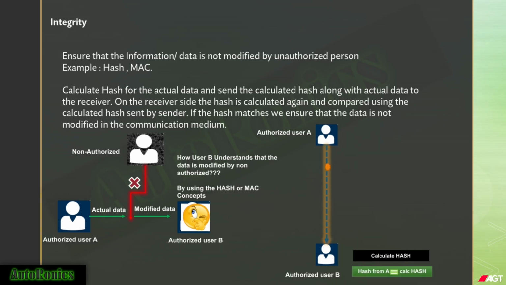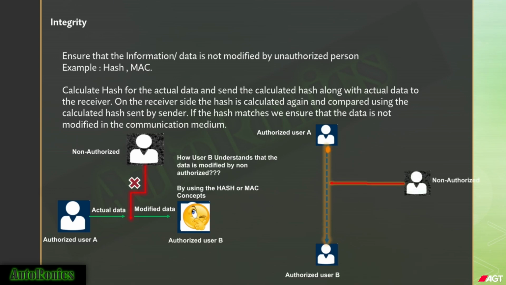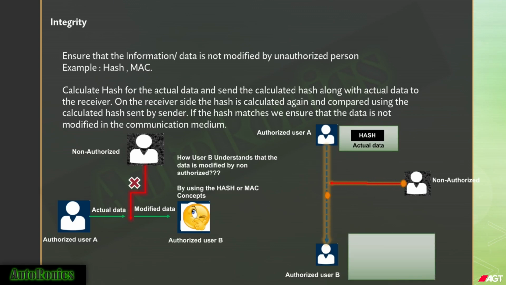Let's see a negative scenario where authorized user A sends the actual data plus the calculated hash to authorized user B. Unfortunately, a non-authorized user interrupts the channel and sends his own data. Now, the channel has the data from the non-authorized user and the calculated hash from the authorized user A. Now, authorized user B will calculate the hash for the data he received from the non-authorized user. Since the non-authorized user interrupted the channel,